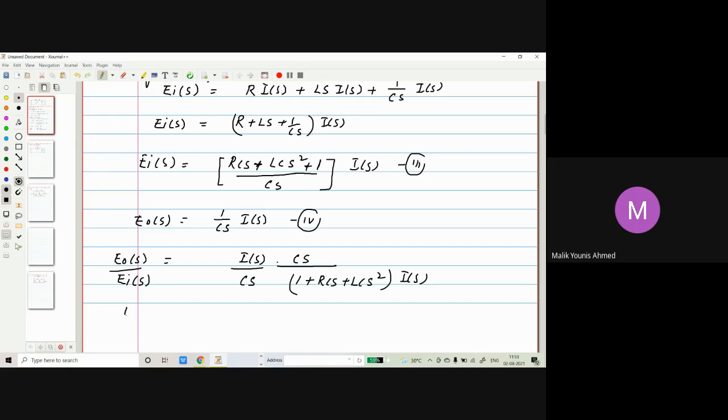So the transfer function E naught of s divided by E_i of s will be equal to 1 divided by 1 plus RCs plus LC